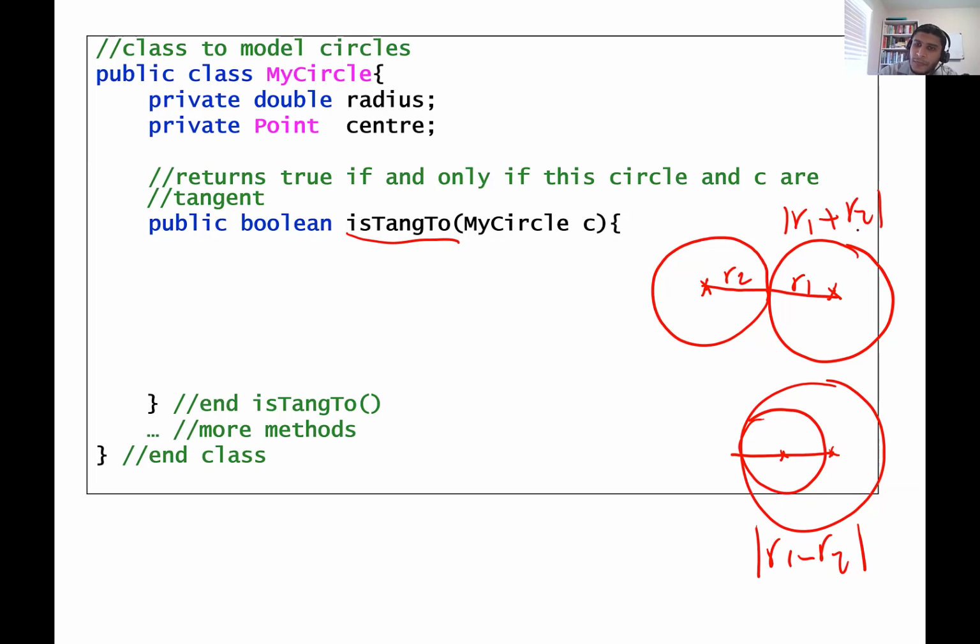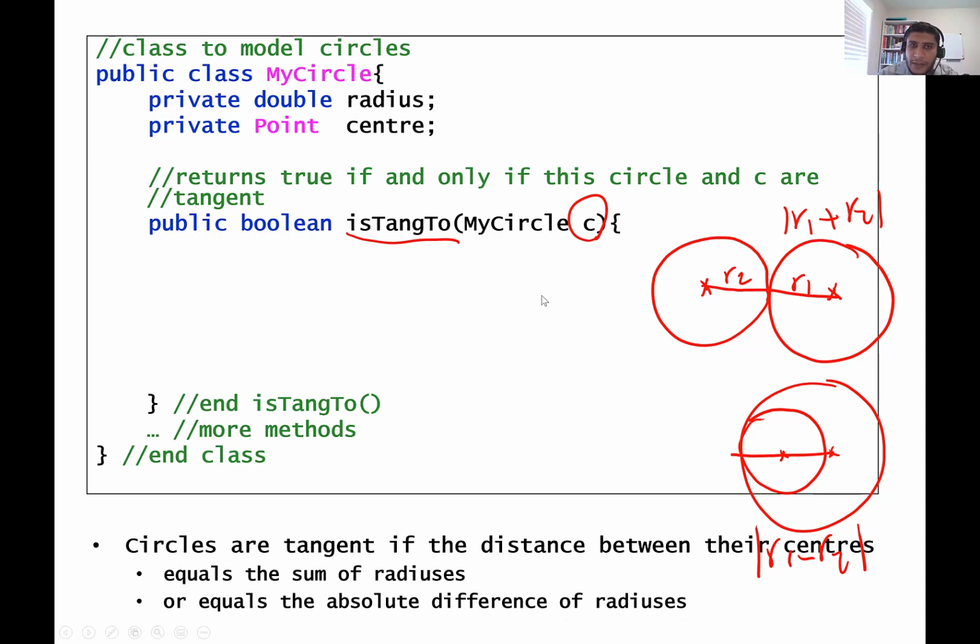Good. So this is the definition of two tangential circles, just to see how to write the code for this function. Similar to the distance2, another application of why you need, if you have two objects, you can use the this members, but you need another one, which is the one that we have done for distance2. Now we call this C. So what I can write is simply,